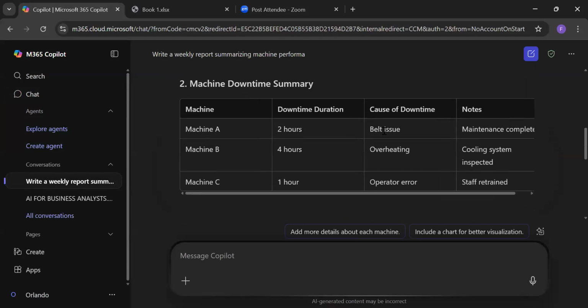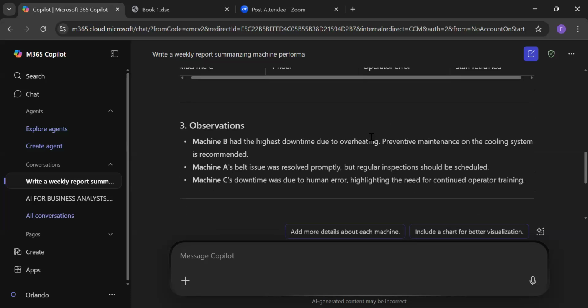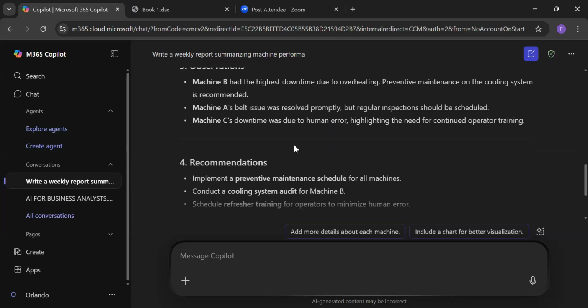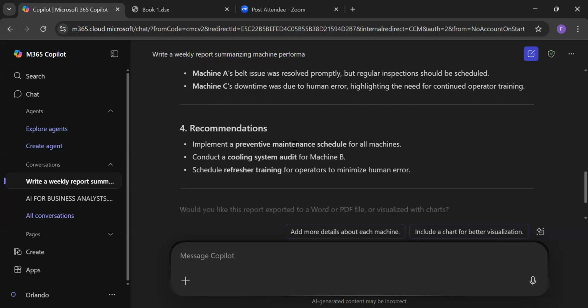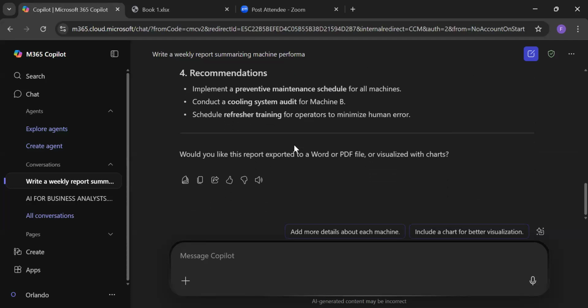So with this, you can even just copy it and then put it into your Word. If your boss requires you to make a report at the end of the day or at the end of the week, ask for a report on why there was a downtime in the organization in several aspects of several parts of the machine. This is a simple report that it can give.